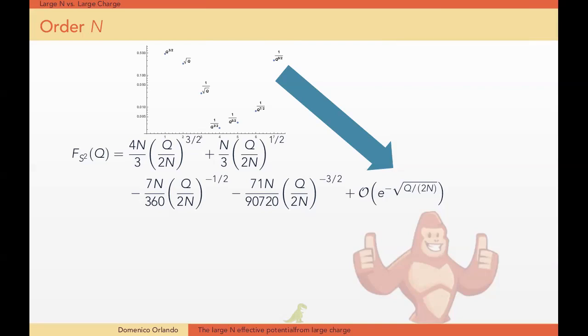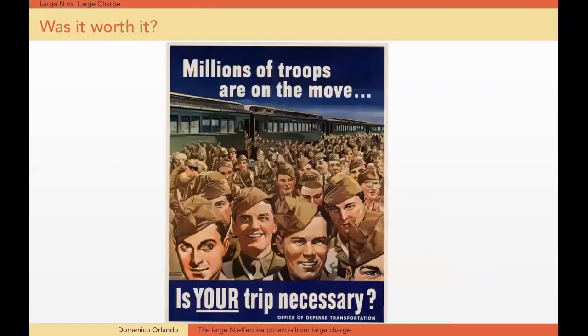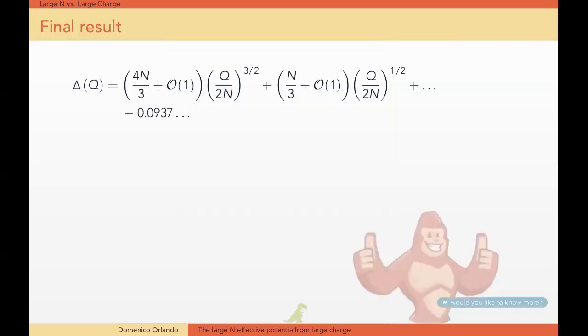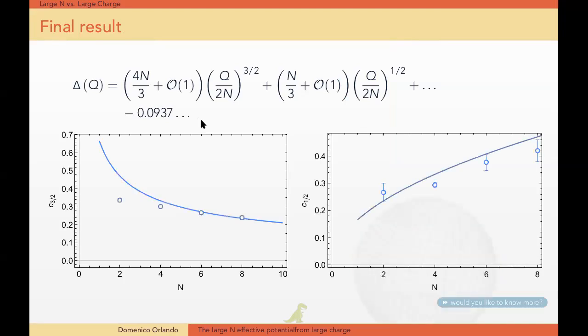Okay. Very good. So anyway, was all of this necessary? Why do I need to do large N? Well, one thing that I find extremely nice is the following: this gives you another prediction. If you repeat this exercise for O2, O4, O6, O8, then the coefficients that you find on the lattice, at least at large N, should go like N, like N thirds, 4N over 3. So is that true? The answer is